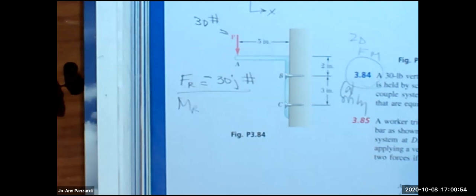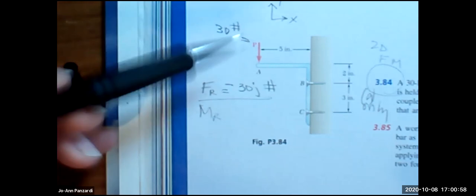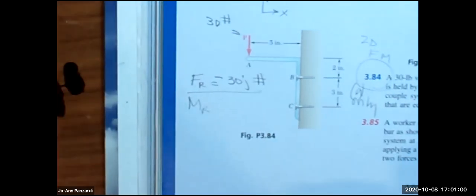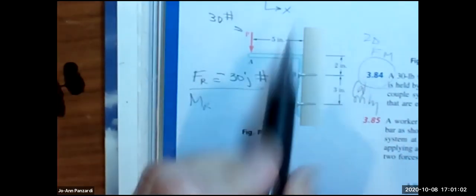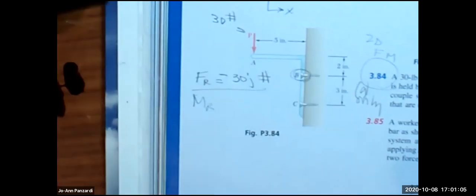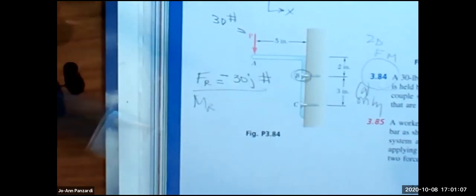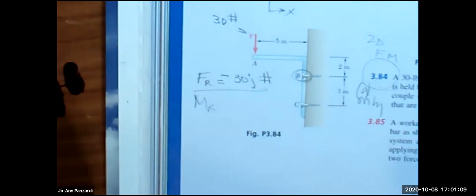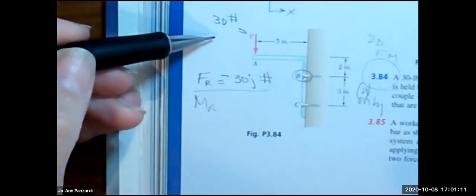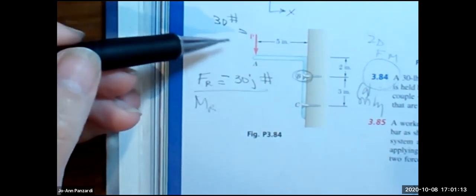Okay, Maria, you're next. What's the resultant moment on this? What point are we concerned about? It's point B. What's the moment about point B? Right hand rule. It's going to be the perpendicular distance. So it's going to be 5 inches